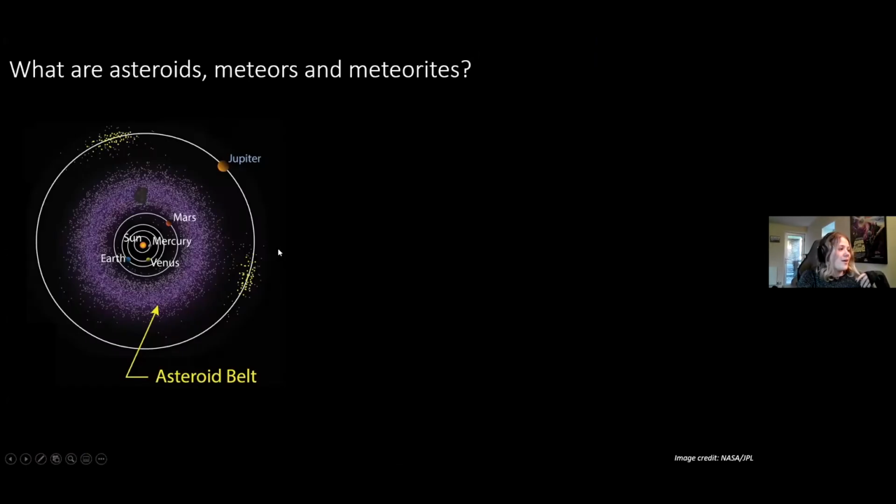So to start off, right at the beginning, an asteroid. An asteroid is essentially a rocky body that orbits the sun. I've got here a little schematic of the solar system. You've got the inner terrestrial planets here, and then you've got Jupiter, so it doesn't quite go out to all of the outer planets. But you have all these little dots here, and some of them extend quite far out. Some of them are even in Jupiter's orbit, and some extend quite close to Earth.